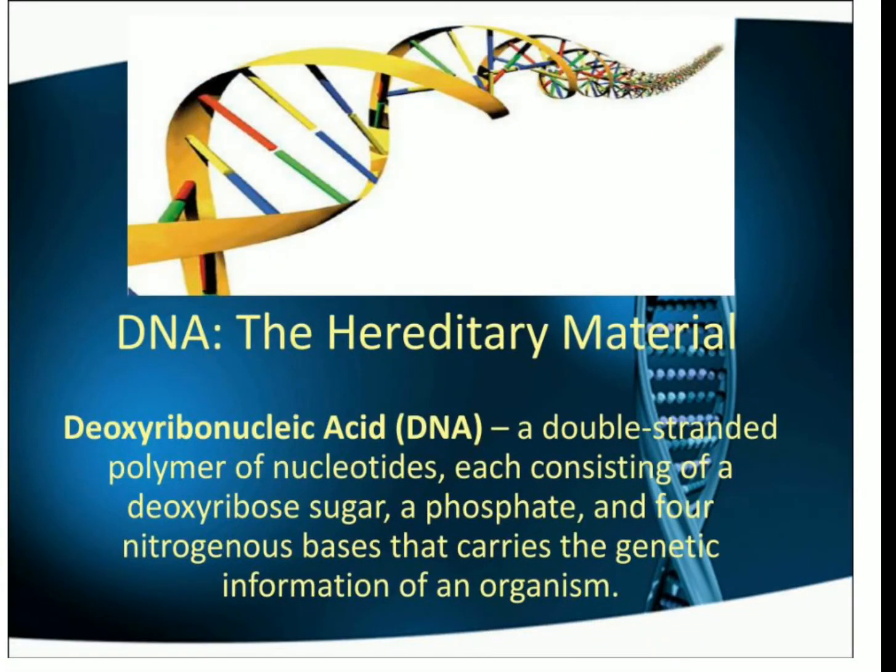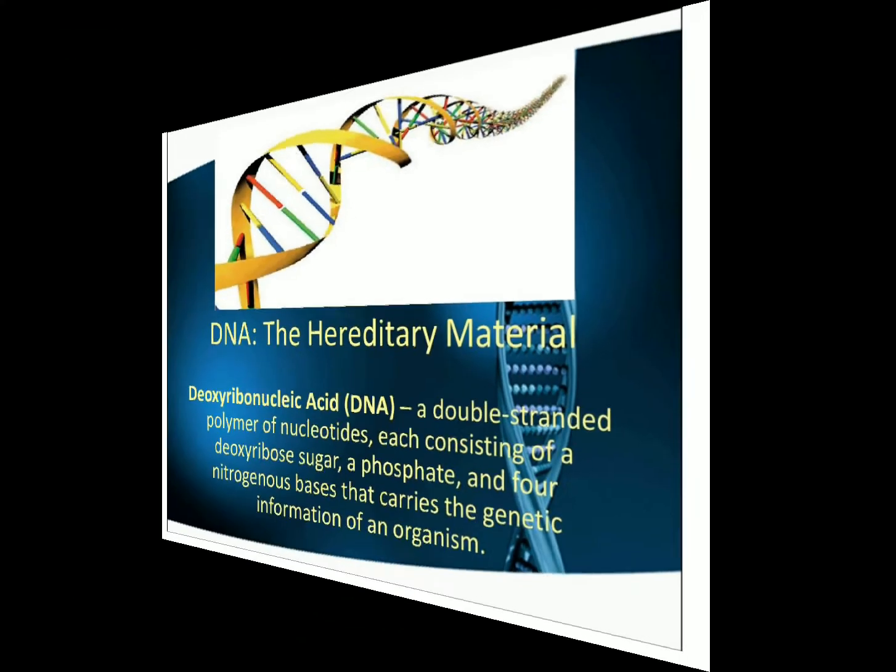DNA is the hereditary material in most of the organisms. DNA is a long polymer of deoxyribose nucleotides. The length of DNA is usually defined as the number of nucleotides, or a pair of nucleotides referred to as the base pairs, present in it. This is the characteristic of the organism. DNA consists of three parts: the deoxyribose sugar, a phosphate, and the nitrogenous base, which are of four types, and they carry the genetic information of an organism.